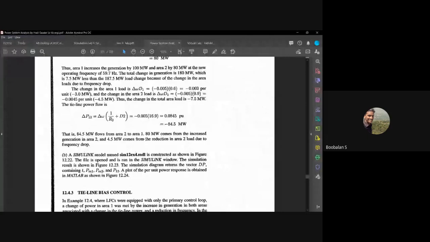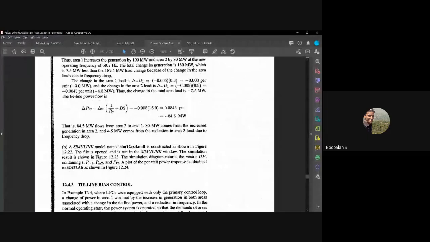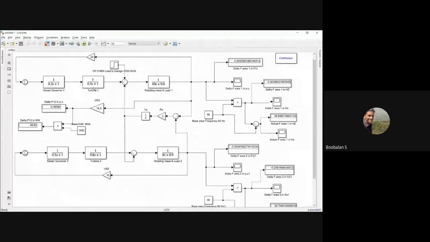What it actually means is that there are two generators. Let us consider practically: there is a load connected on my area 1. When a load connects in area 1 like this, I'm just highlighting over here. If I change the load, generator 2 and the load in area 2 should not be affected practically. So this is one more difficulty over here. It should not change here, so it remains the same.